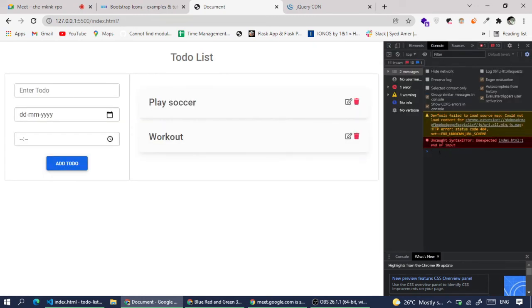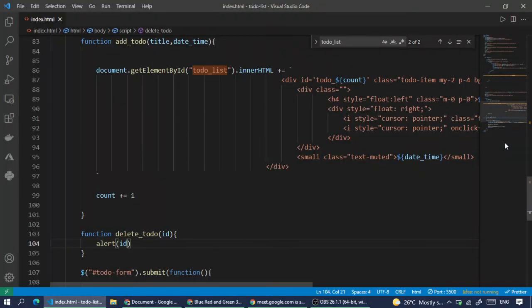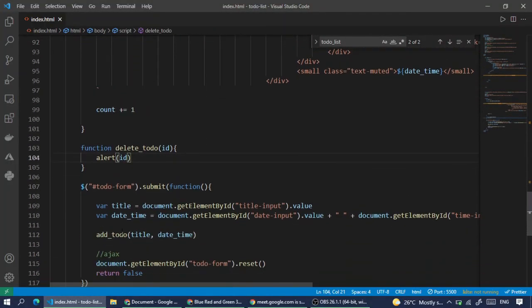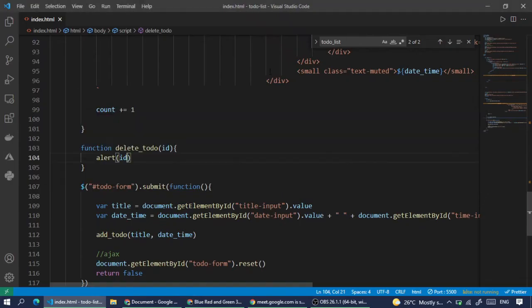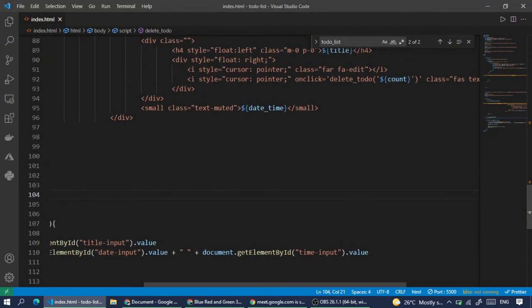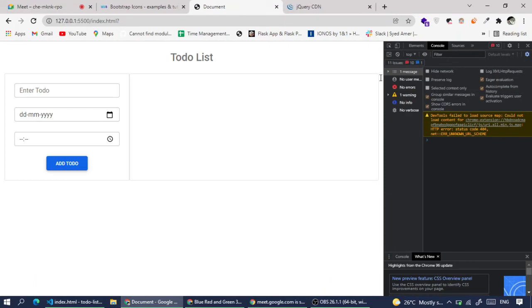Unexpected end of input. So it means there is some error in the code. So unexpected end of the input. So by default, when we click on it, it is showing us the unexpected number. So what we can do is we can use double quotation here. So basically, single quotation outside and single quotation inside. It's terminating the string or something. There is like conflict with that. So now if I click on delete, it's showing that one. That is this is to do one.